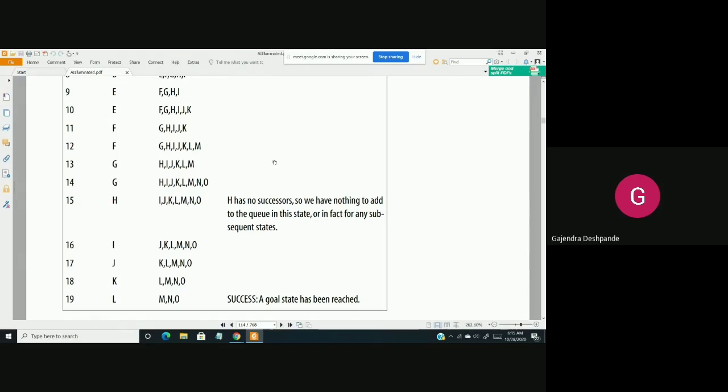So again we are going to proceed. J is removed. We are going to check whether J is a goal node. J is not a goal node, so just ignore it. Then next remove node K, then next remove node L. When we remove node L, check whether L is a goal state. Yes, L is a goal state. Stop there. So the only difference in tracing is that in depth first search we were adding the elements to the front of the queue. In breadth first search we were adding the elements at the back of the queue.